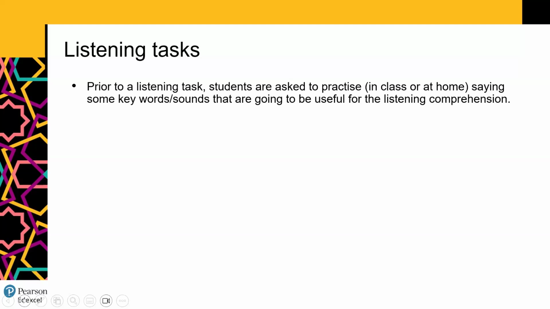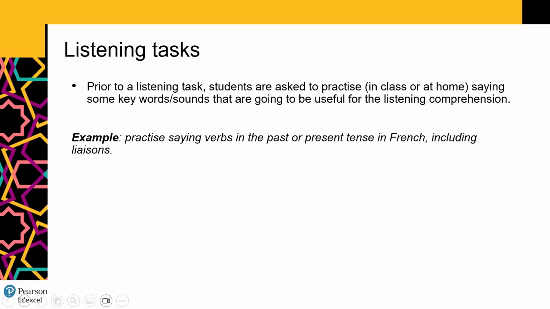So that is going to be like a pre-listening, so that will help them then understand some keywords. For example, in French, we may say to them, okay, practice those verbs in the past or present tense, including the liaison. For example, if I have I eat, it's going to be je mange, but I ate is j'ai mangé. So they need to know the difference. So therefore, if they hear je mange, they know it's the present. Or j'ai mangé, they know it's the past. So here's something that's going to help them. So that first of all is going to help them with their listening, but also what we do here, we are reinforcing the